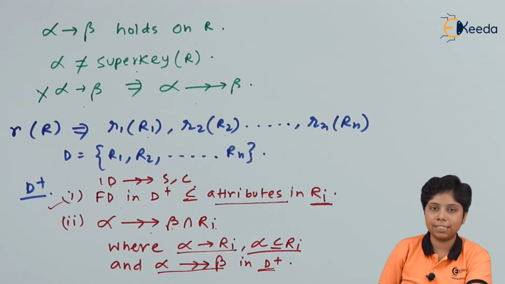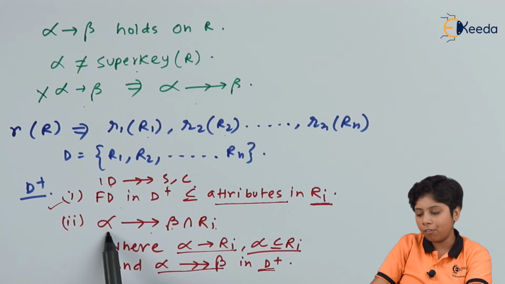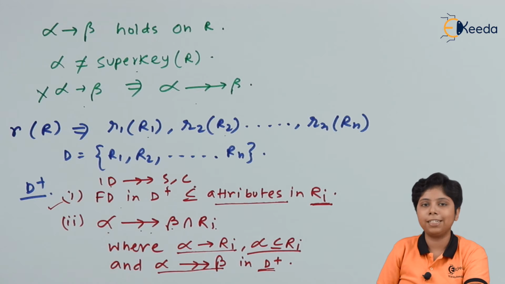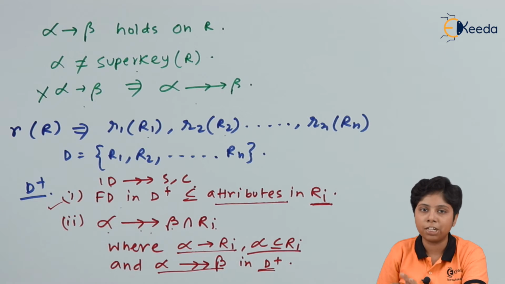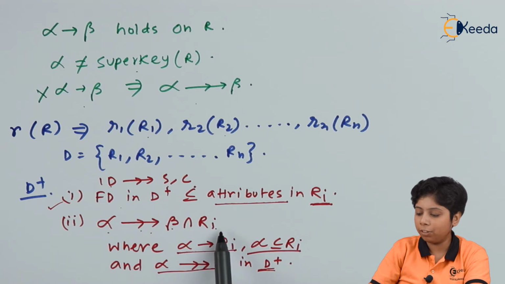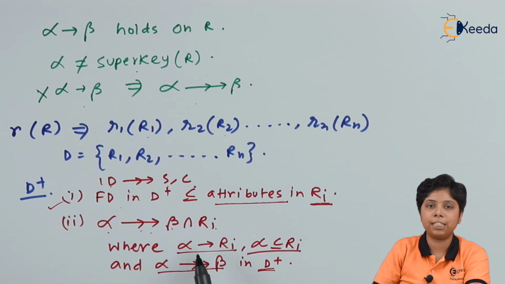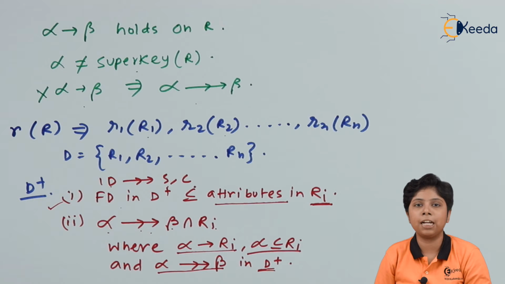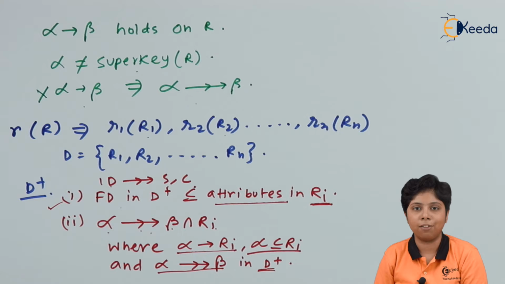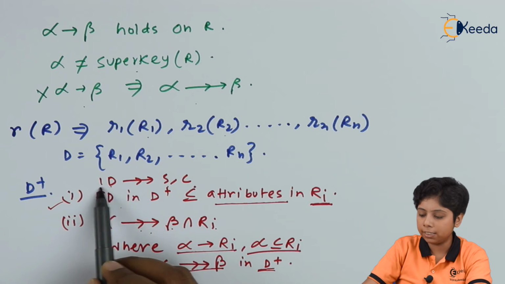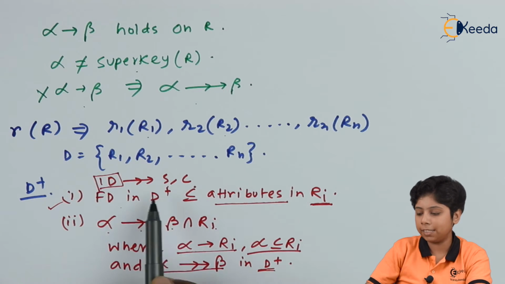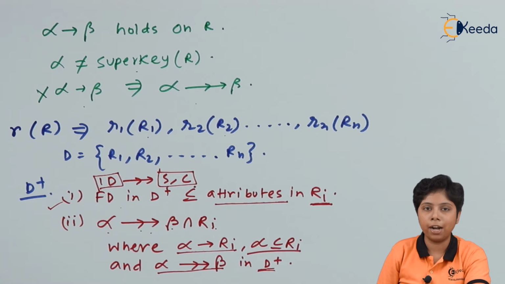So let us discuss this carefully: alpha is the multivalued attribute, that is ID, S and C, the set of relation. Now if there is any other street and city that belongs to the intersection with Ri, that means alpha defines beta. So my alpha here is the ID and beta is the S and C, and my Ri consists of